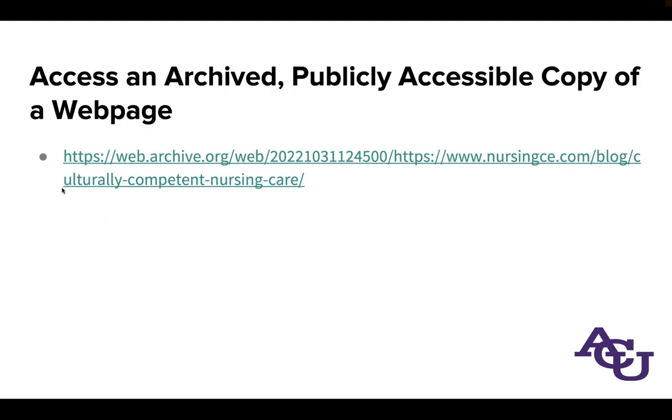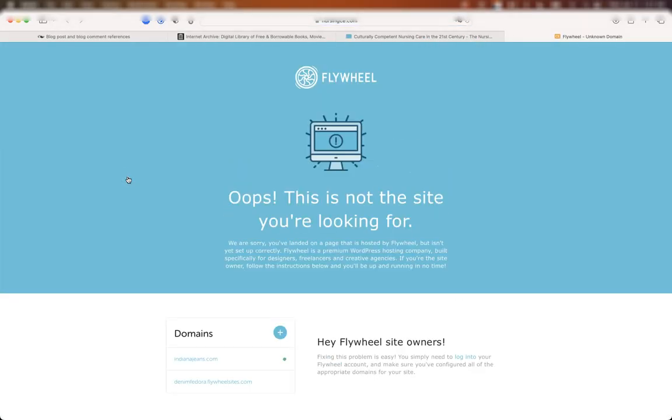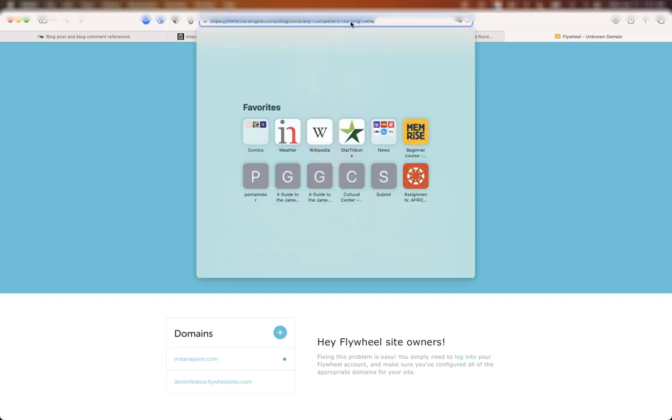So, spoilers, you can find it. But let's go ahead and look at how you would be doing that. We're going to need just one thing, and that is this link for where it used to live. If you know where, you can go ahead and find it from here. So if we load up this, the web browser will give us this error message. Oops, this is not the site you're looking for. This looks like their hosting account has expired. Now you can take that